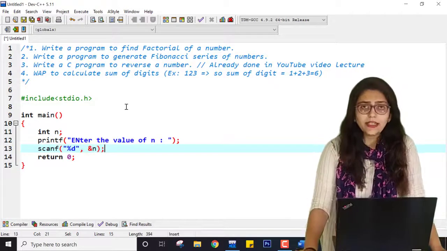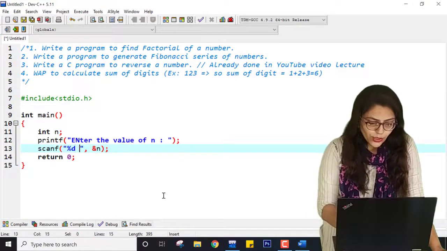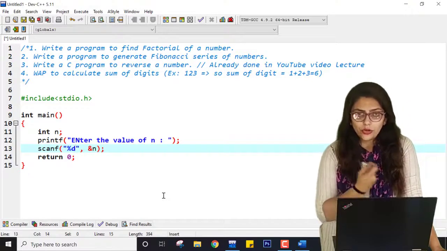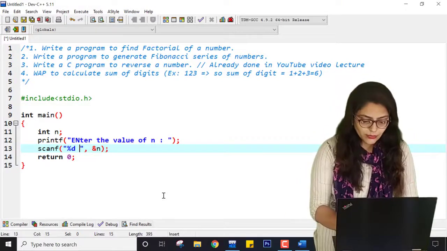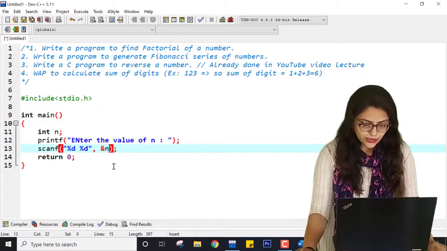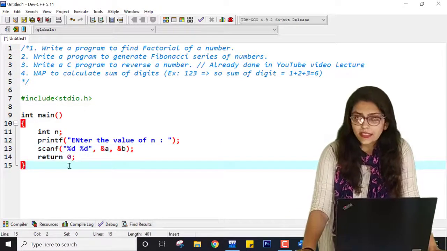Many students make mistakes by placing spaces here. You cannot place any space inside the format string for one integer or two variables, right? If you are using 2 variables like this, it is okay. This is the correct statement for scanf.